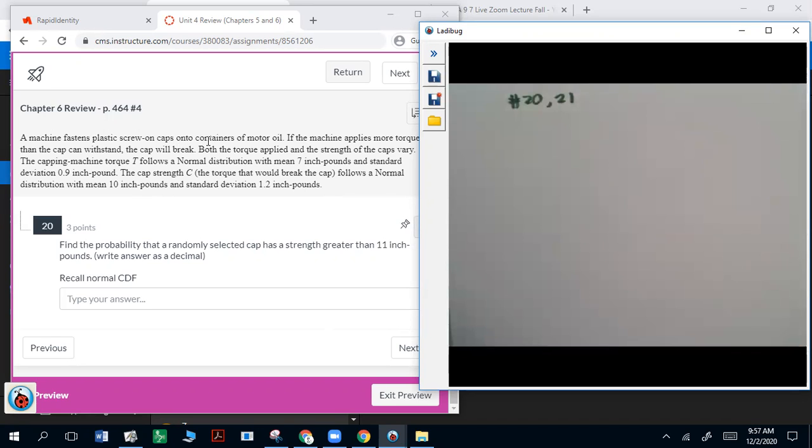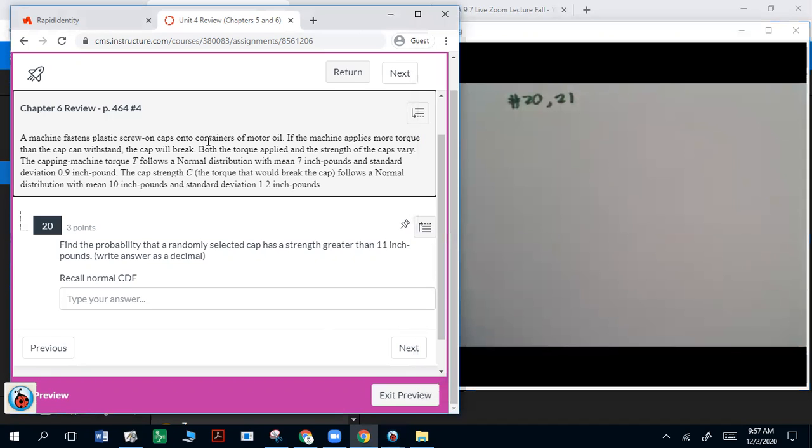A machine fastens plastic screw-on caps on the containers of motor oil. If the machine applies more torque than the cap can withstand, the cap will break. Both the torque applied and the strength of the caps vary. The machine torque T follows a normal distribution with mean 7 inch-pounds and standard deviation 0.9 inch-pound. The cap strength C, the torque that would break the cap, follows a normal distribution with mean 10 inch-pounds and standard deviation 1.2 inch-pounds. So question 20: find the probability that a randomly selected cap has a strength greater than